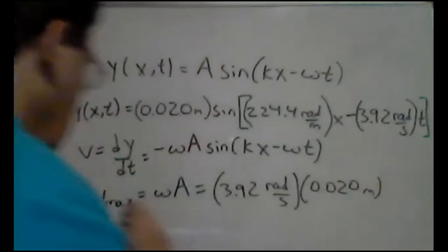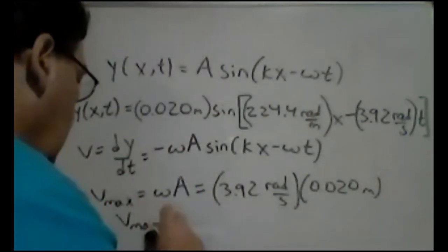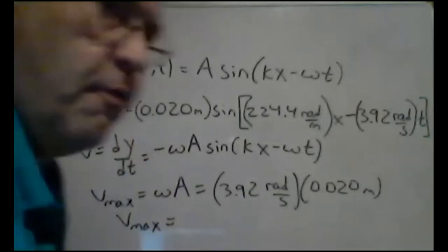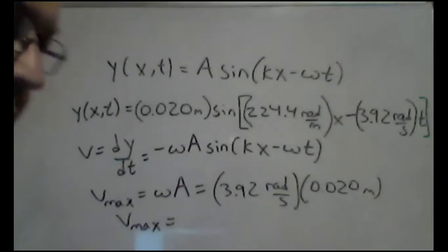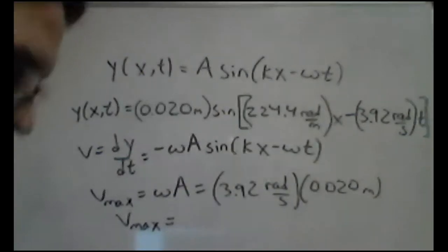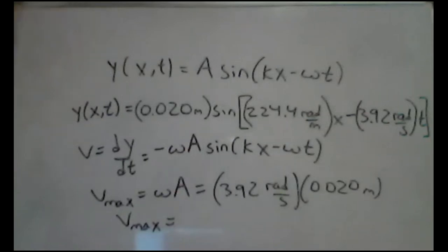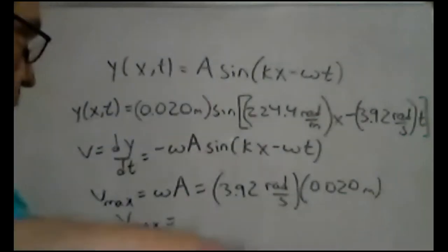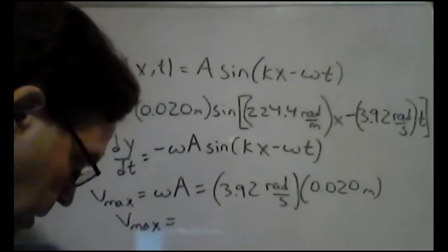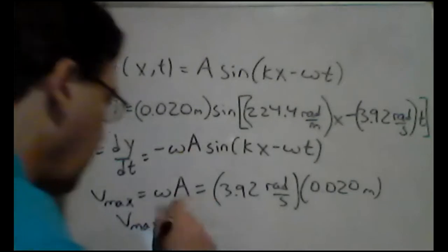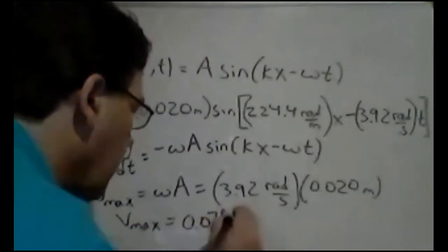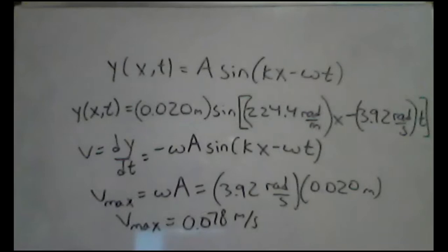0.020 meters. Your V max, again, this is the water height velocity, the velocity of how fast the water is rising and falling. It varies in time as well. The maximum velocity of that, or maximum speed. If I do this, let me calculate that real quick. 3.92 times 0.02, 0.078 meters per second, right? So that would be your answer, for instance, to, if I go to page 6,